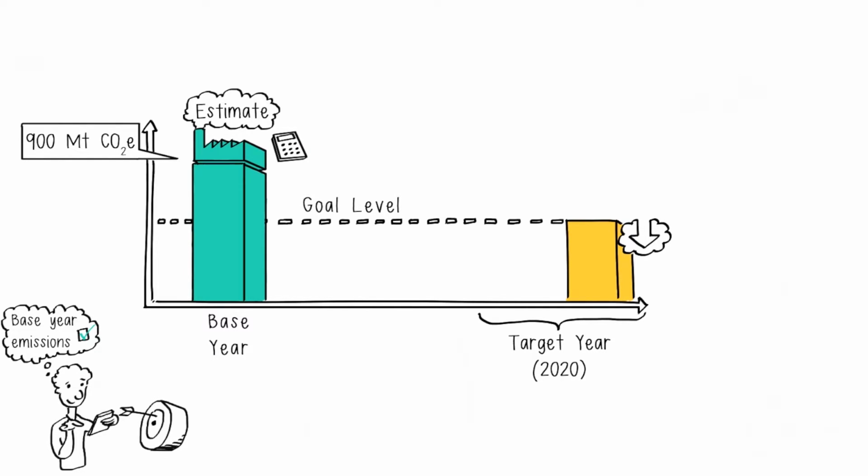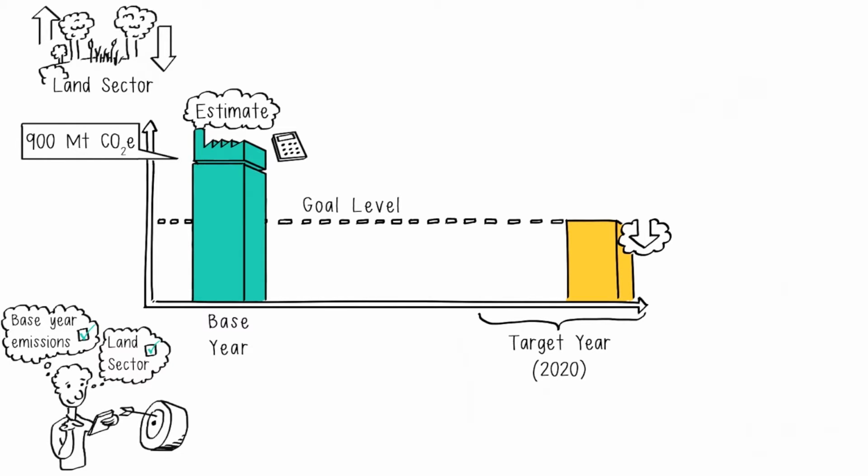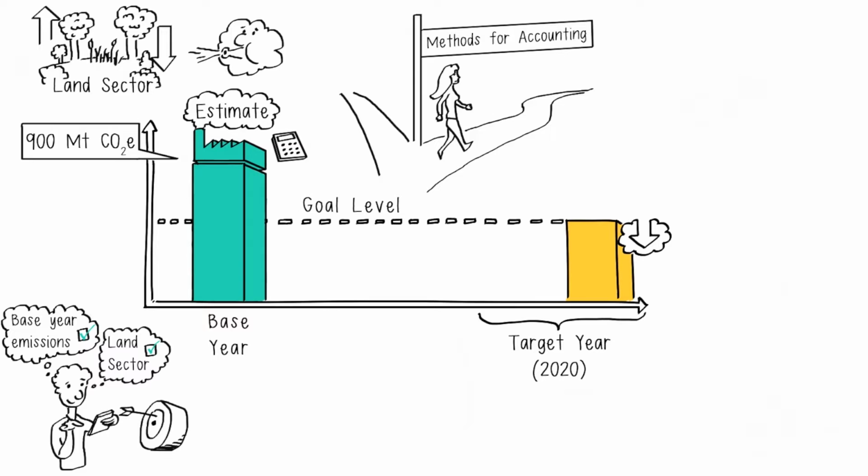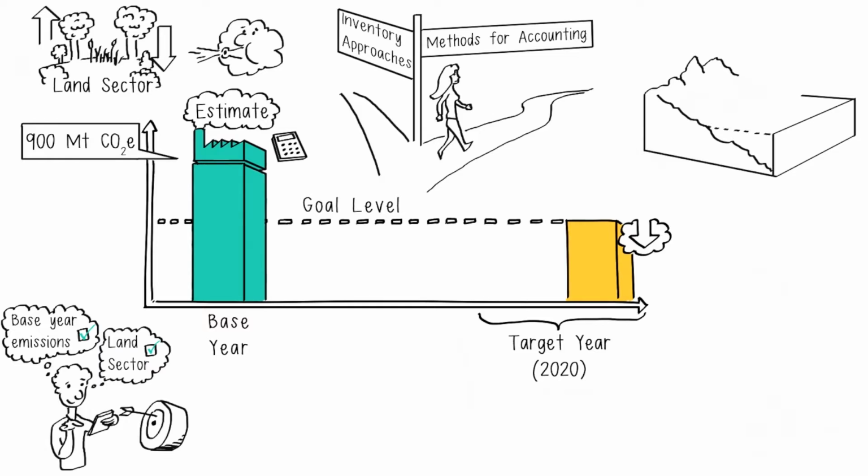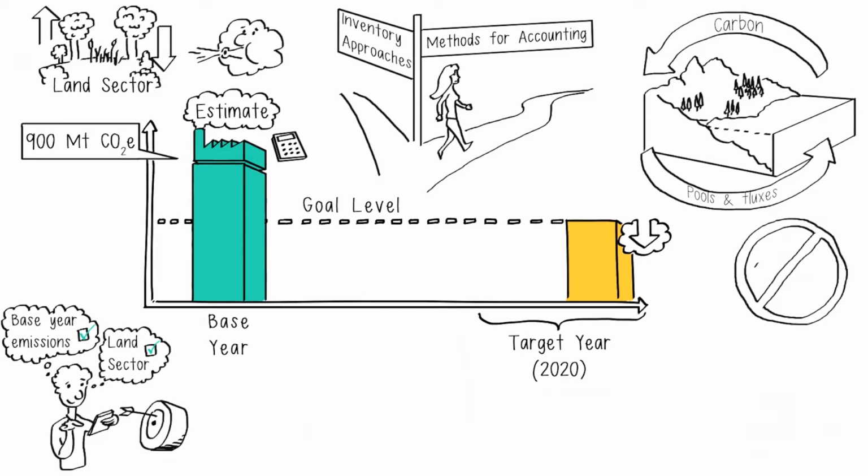The next step is deciding how to account for the land sector. Since a significant amount of emissions and removals from the land sector can be due to non-anthropogenic sources, for example windstorms, the jurisdiction may choose to apply methods for accounting for this sector that differ from inventory approaches. In our example, a land-based accounting approach is used with comprehensive coverage of all carbon pools and fluxes. No natural disturbance mechanism is adopted. Don't worry if some of these terms or concepts are not familiar to you. We will explain them in more detail as we progress in applying the standard.